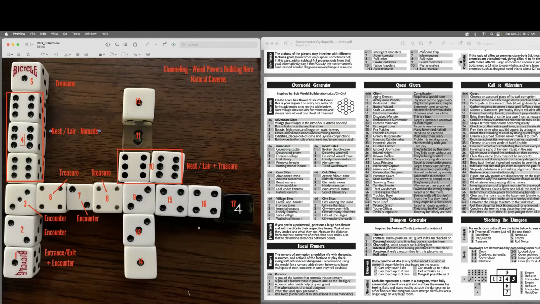I won't be satisfied until I get a trap or a puzzle. 6 and 5. 6 is a roll twice. 5 is empty. Okay, 5 is empty. And 6 is a roll again. 1. Yeah, I rolled another encounter. Okay, so another encounter and another roll again. Oh, I was supposed to roll twice. Ha! Dang it. Oh, so let's just make this a double encounter,